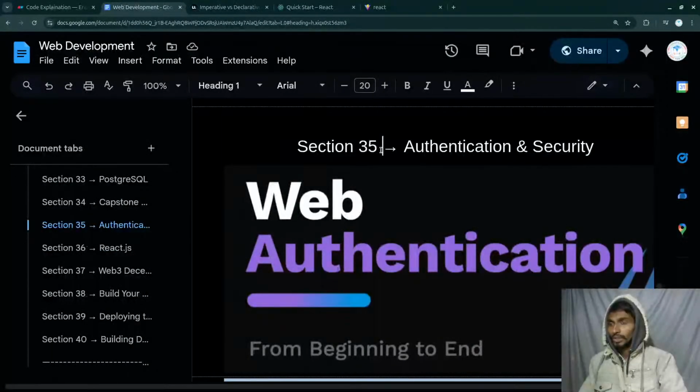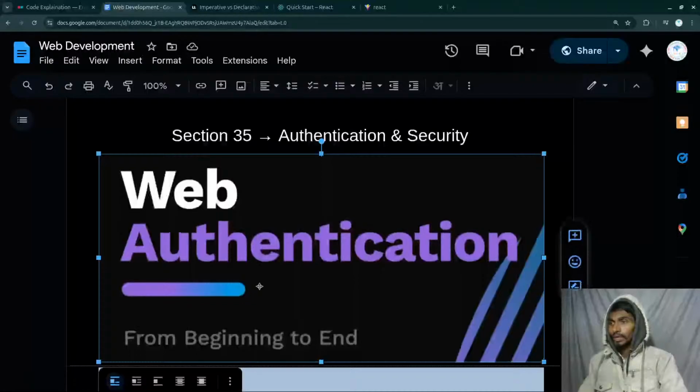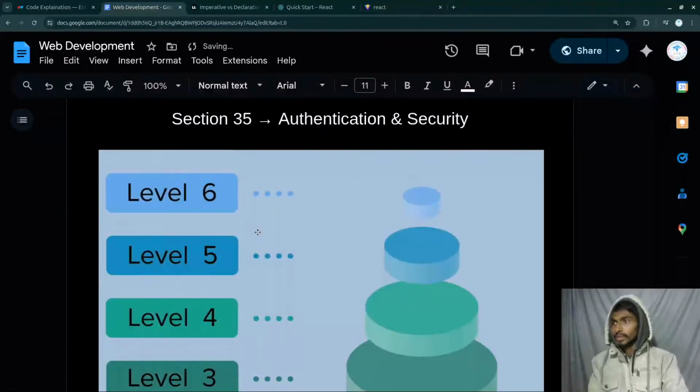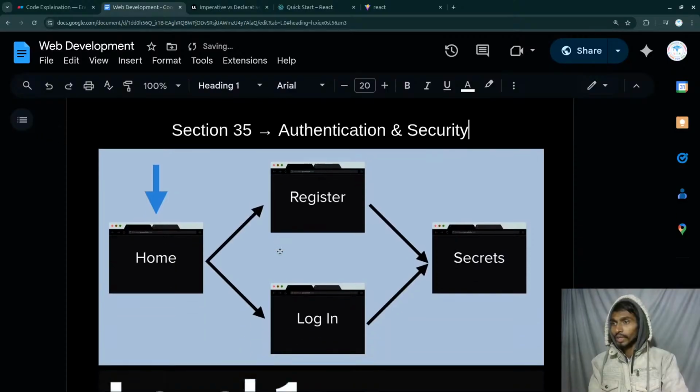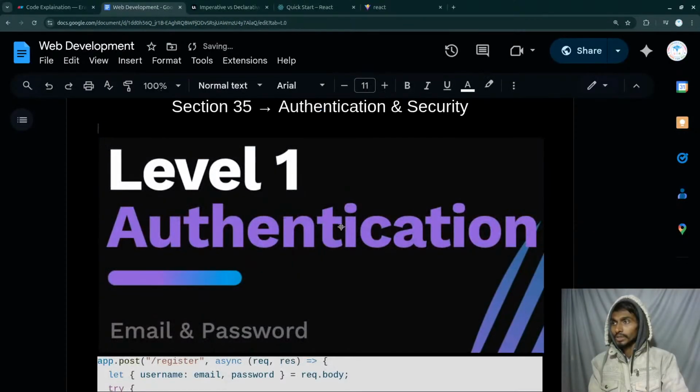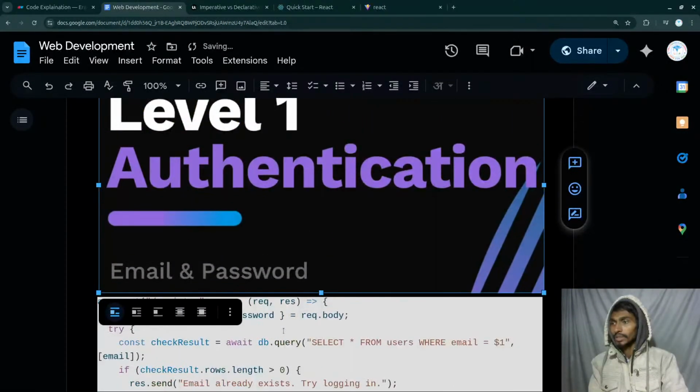Authentication. How does the authentication work here? First of all, let's collapse this. Web authentication from beginning to the end, that's fine. Level 6, level 5, I don't even need these levels. I don't even know why I mentioned these things. Home, login, secrets, get rid of it. Level 1 authentication, email and password. Okay, this is